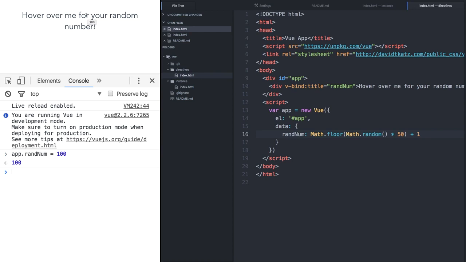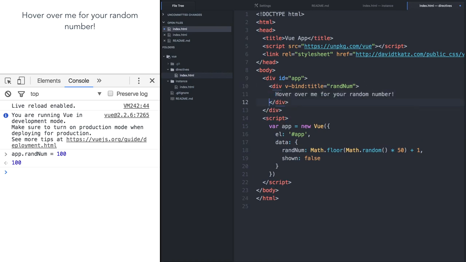All right, let's quickly look at another directive, the v-if attribute, which allows us to achieve conditional rendering in Vue. Add a shown property to the data object, and let's map it to a Boolean variable, which is false. Then on the random element, add a v-if and set it to that shown attribute. So we'll say v-if,